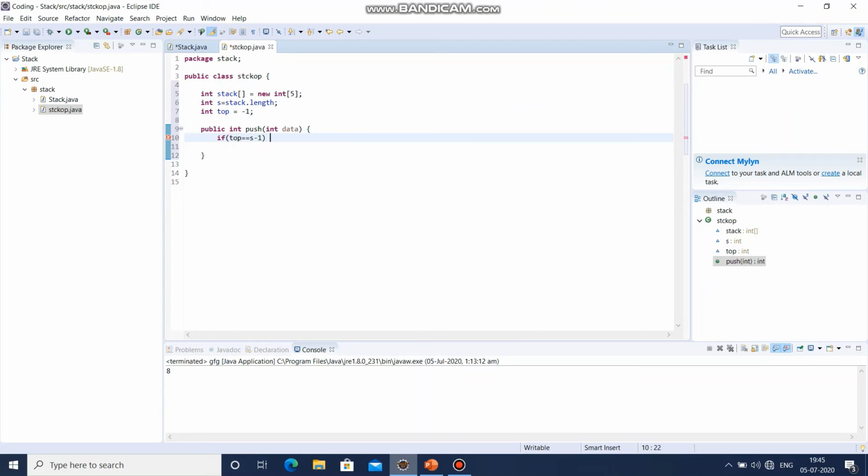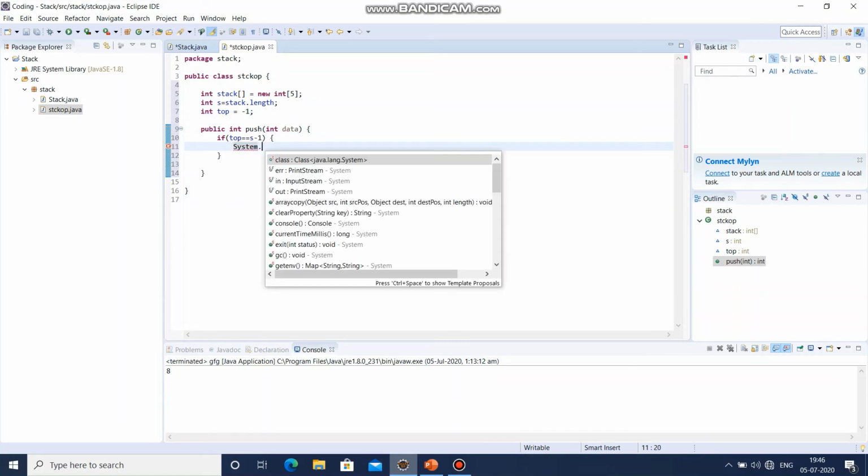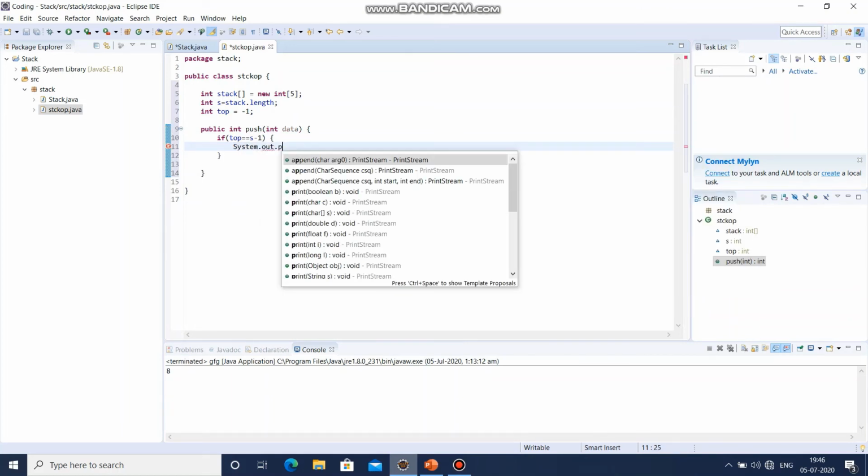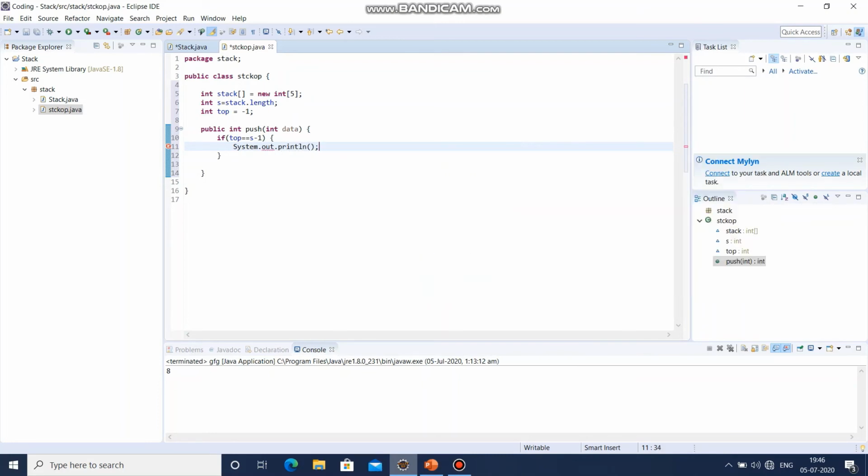If this condition is satisfied, then it will simply print overflow and return. And if this condition doesn't satisfy, then it will go to the else part and